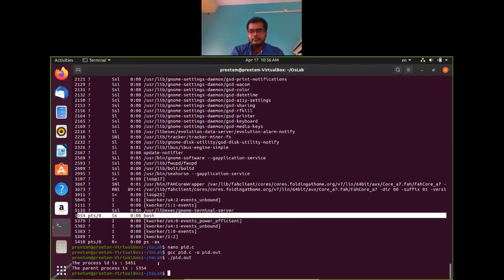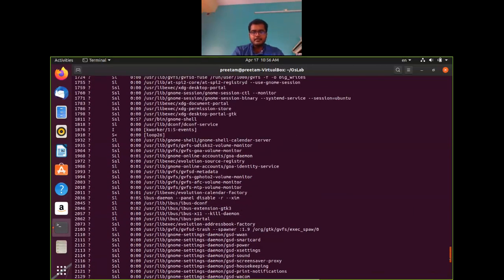So you get to understand now: whenever you are executing something on the shell, the shell becomes the executable file's parent, right? Whatever process is running here has some PID, and the PID starts from 1. If you do ps -x, which I have already done, and if you see the first entry, it is nothing but the init process.